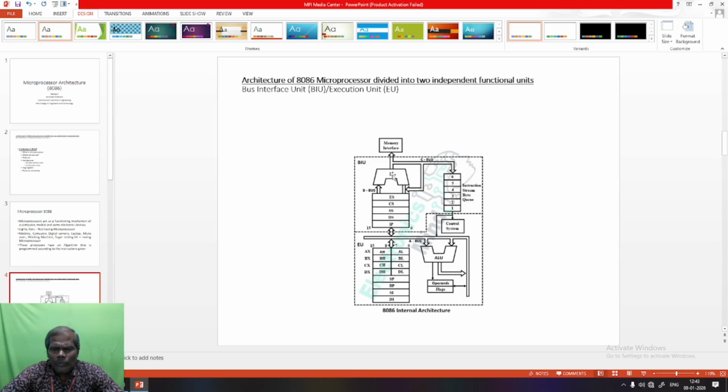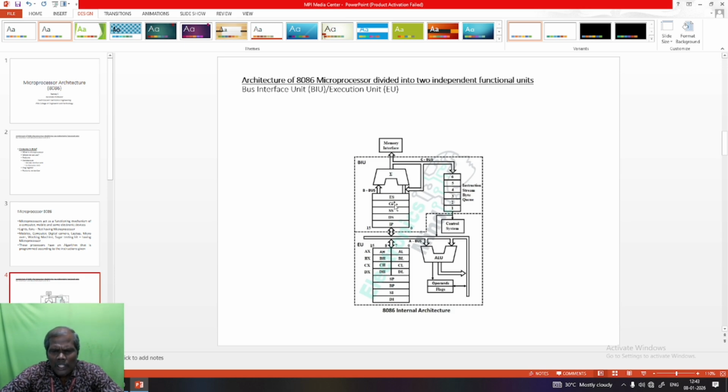With the help of this physical address, we can find where we need to fetch the instruction from. For calculating the physical address we need a segment address and an offset address. With the help of the segment address and offset address only, we find the physical address, and from that physical address we fetch the input instructions.